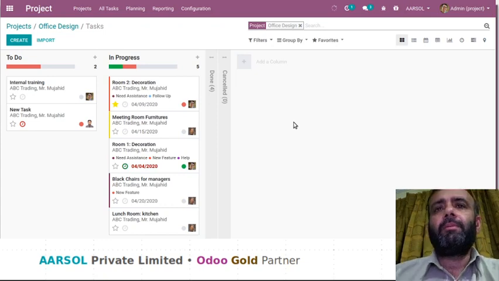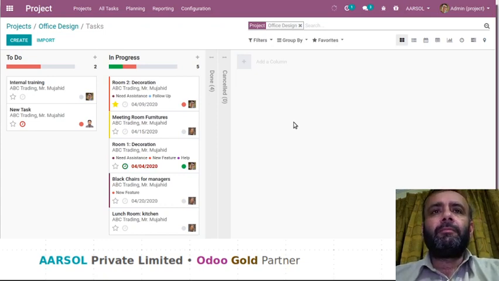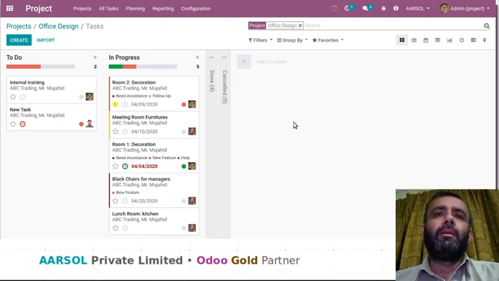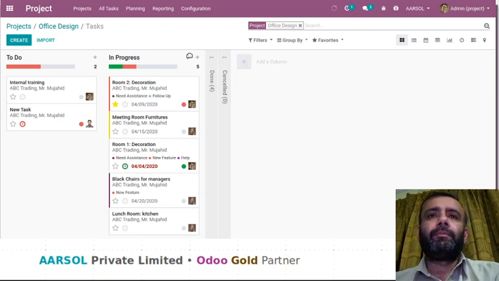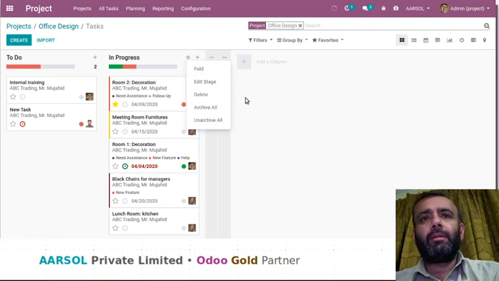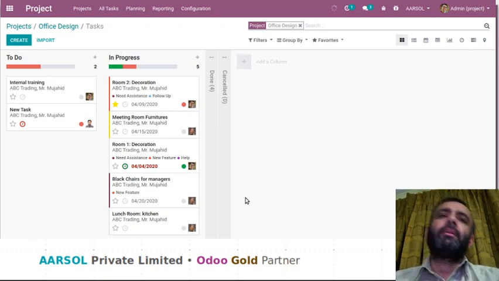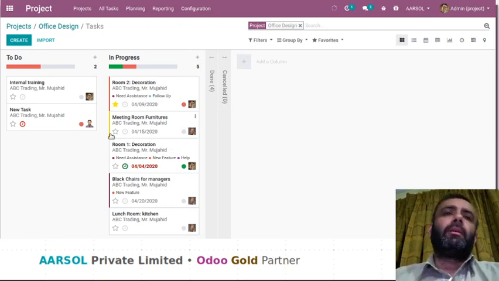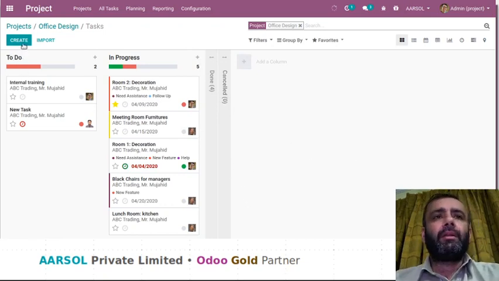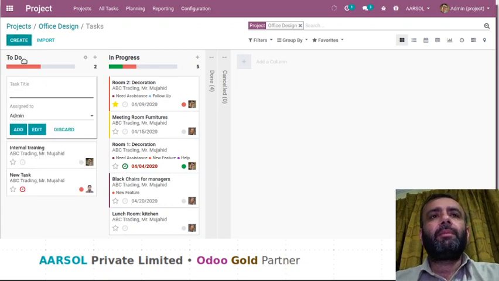One more thing, yes, if we want to create the new task on any stage, let's say if we want to create here, if we click on this create button, then the new task will be created in the first